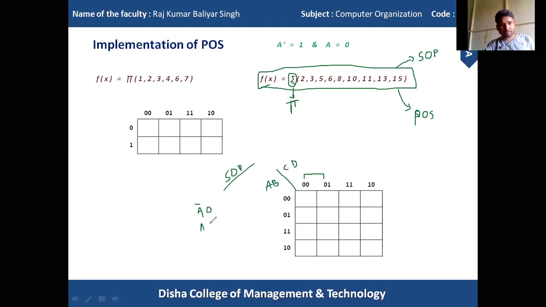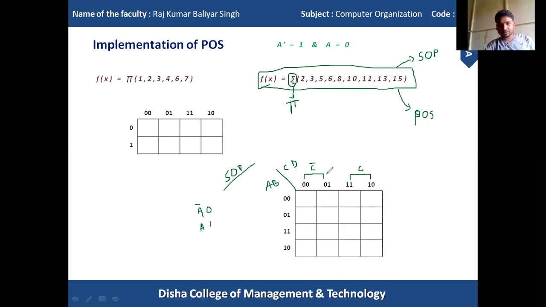If these two columns are combined with each other, that means all cells are filled with 1 or all cells are in active state. So we cannot find the common value for these two. For this column, we get the common value, that is C. In SOP, the 0 represents the complement value, that is C naught. Similarly we can combine these two columns, then we get the value C is common here.